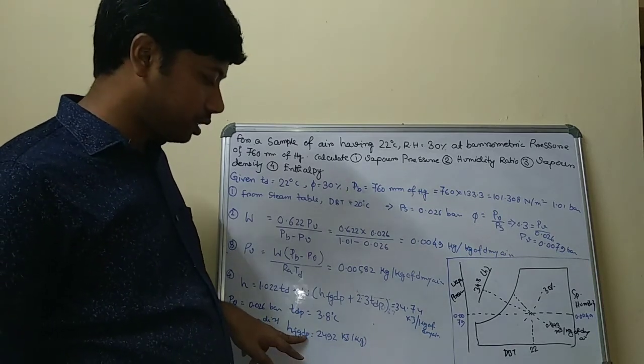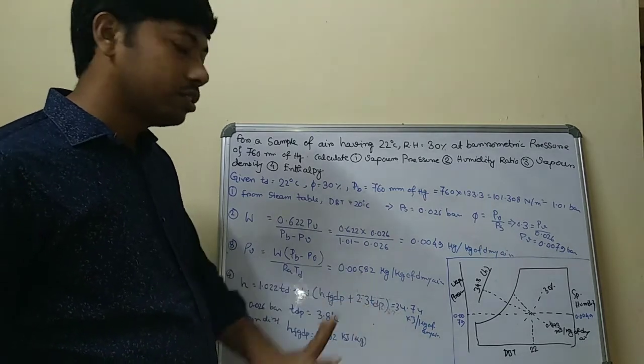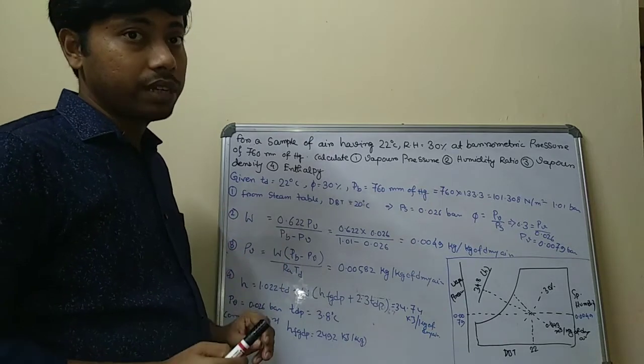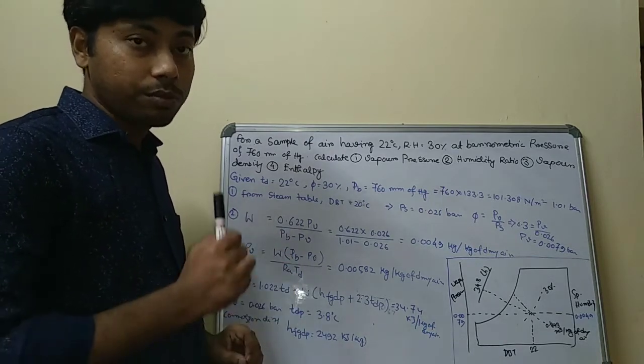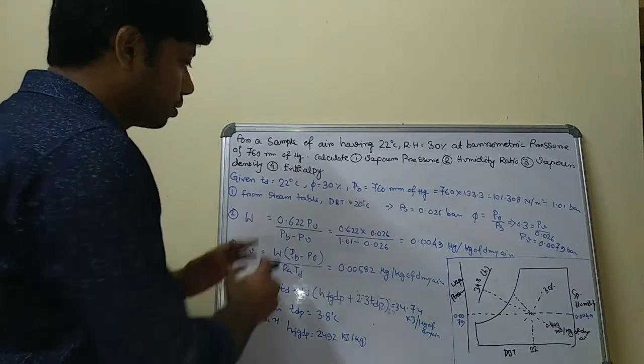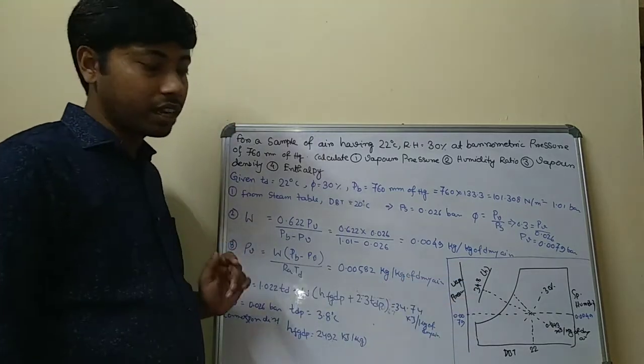That means HFGDP will be 2492. If you put all these values in, you can get this one. So all these things you have to calculate only using the formula. But what is the need of the psychometric chart? Here we come. In this numerical, we are interested in the following, because